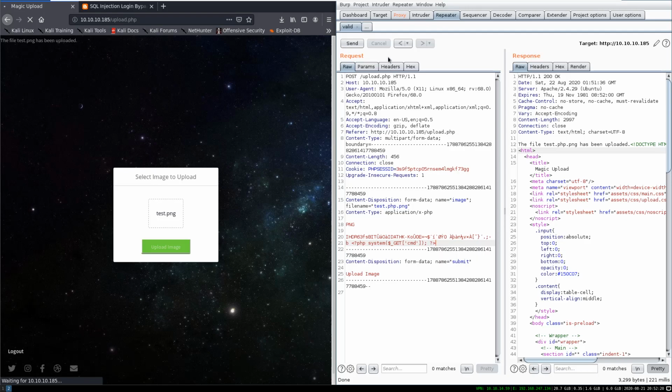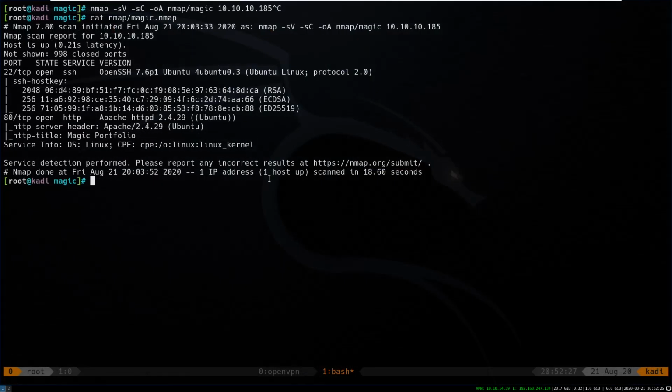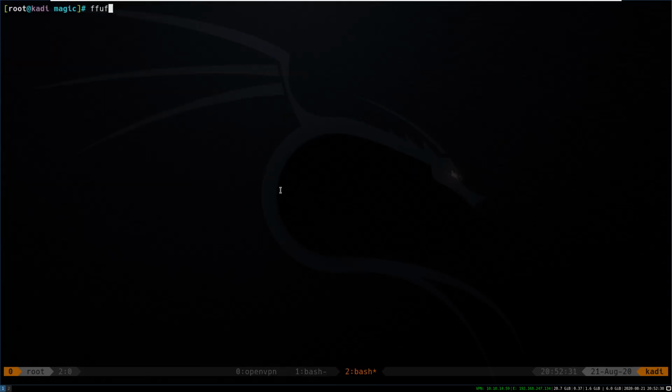Like that, and maybe we can upload this. And it looks like we can. So now we just need to find this file. So we could probably use ffuf for this. So I'm gonna open up a new pane and we'll just run ffuf in the URL, which is http